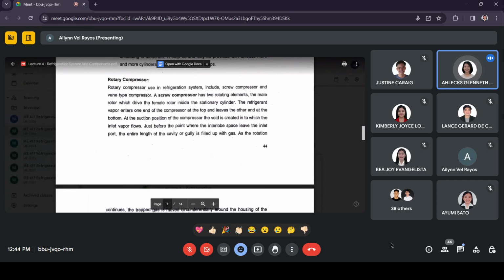At the suction position of the compressor, a void is created into which the inlet vapor flows. Just before the point where the interlobe space leaves the inlet port, the entire length of the cavity or gully is filled up with gas. As the rotation continues, the trapped gas is moved circumferentially around the housing of the